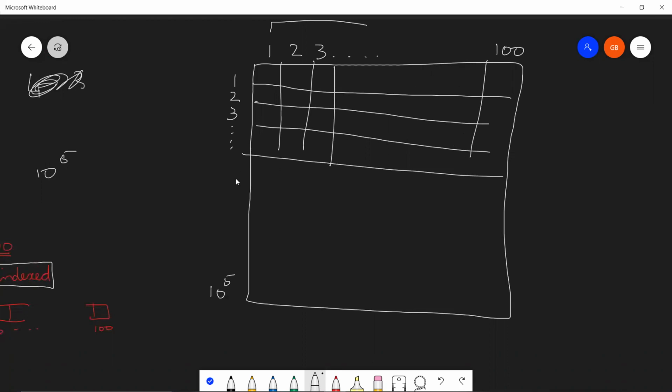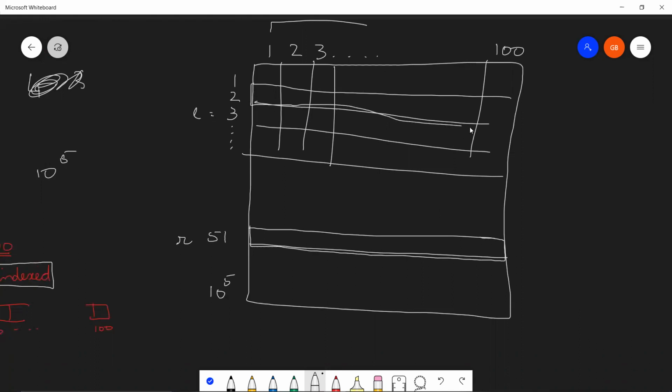Whenever we are given some query, let's say that this over here is 5, this is R, and let's say 3 is L. So we are going to subtract the preprocessed array of the R-th index with the preprocessed array of L minus 1. Remember guys, L minus 1. That would give me the frequencies of all the elements in the range L comma R. And let's say that I'm storing it in another auxiliary array.